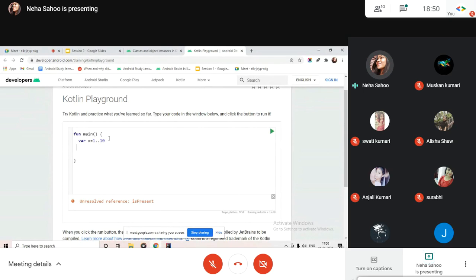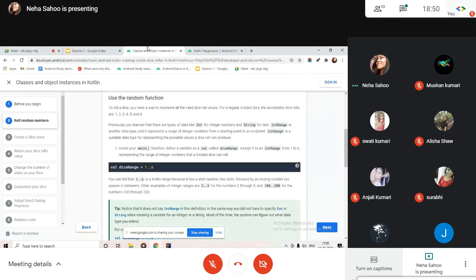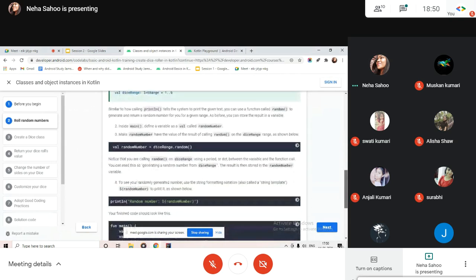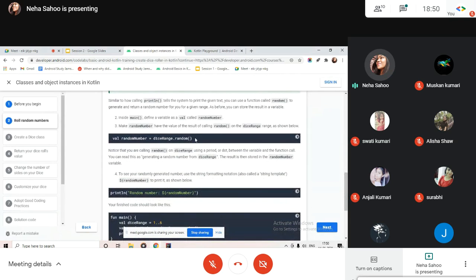Anyway, as I said, a dice should have faces 1 to 6. If we want to define a variable that would mimic this dice, then it should always contain 1 to 6. So I have just defined this, where x is equal to 1 to 6. After that, if we move, you can see that it's calling a random function. A random function would mimic how a dice would work. Since we are calling it on the variable that contains the numbers 1 to 6, it would produce any of the numbers from 1 to 6.